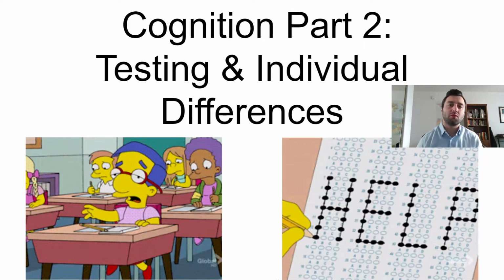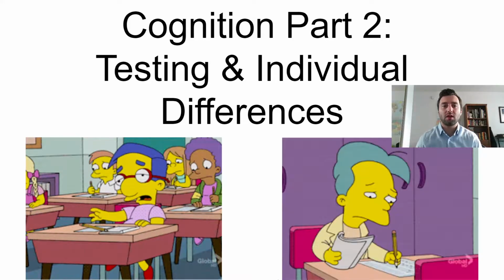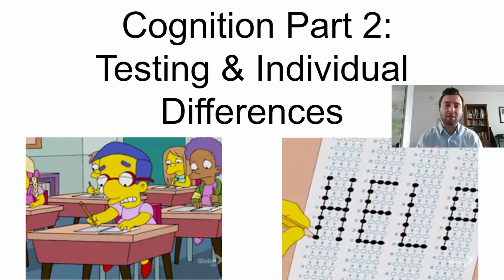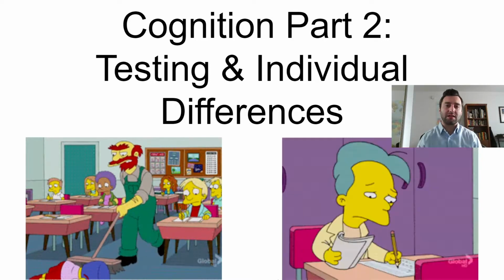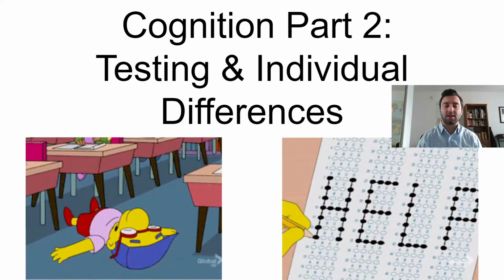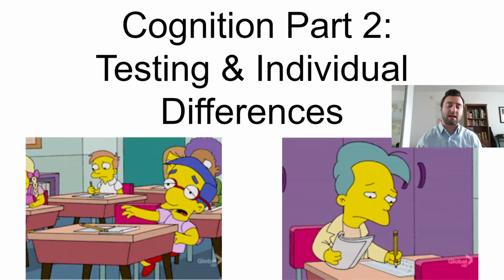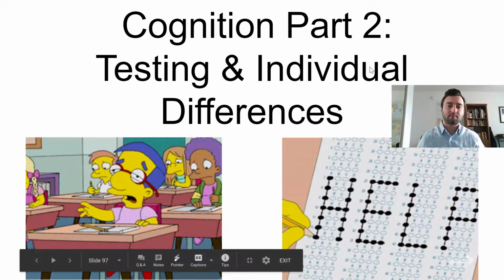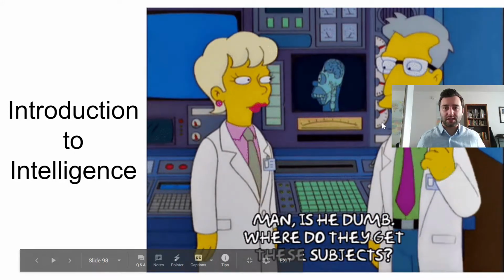As you probably noticed, we broke this into two different sections. Our first section really focused on memory and all these different aspects of how we remember and think. What we're going to be talking about in the second half is more about intelligence and testing, right? When we're referring to individual differences in this aspect, we're referring mostly to this idea of intelligence. So we're going to start by just talking about what intelligence is in general, right?